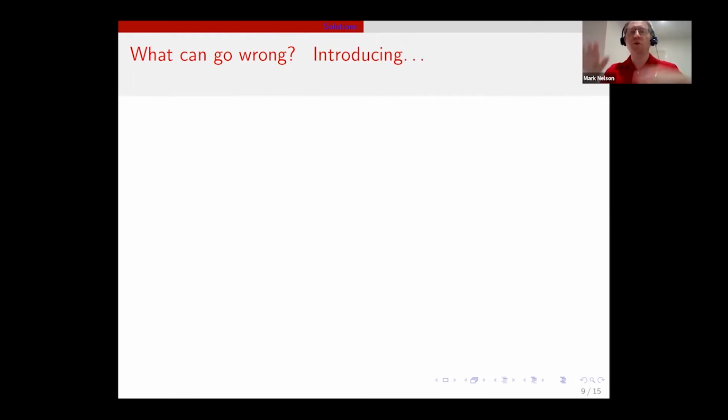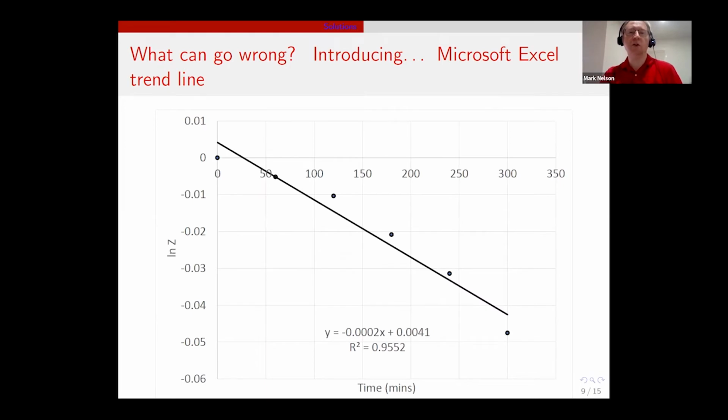All right, so there's various little steps that you've got to go through. You've got to transform the data. You've got to take the log of the transformed data. You've got to plot it. And a few students did that all correctly. They used Microsoft Excel to plot the data. I don't care what software packages students use. They're free to use whatever package they like. And this is the figure that they got. This is a correct figure. You can see the data points. You can see the scattering of the data points. And here's the answer.